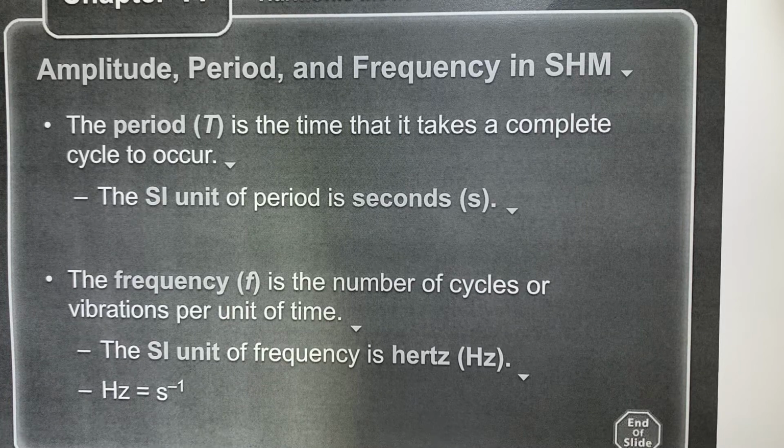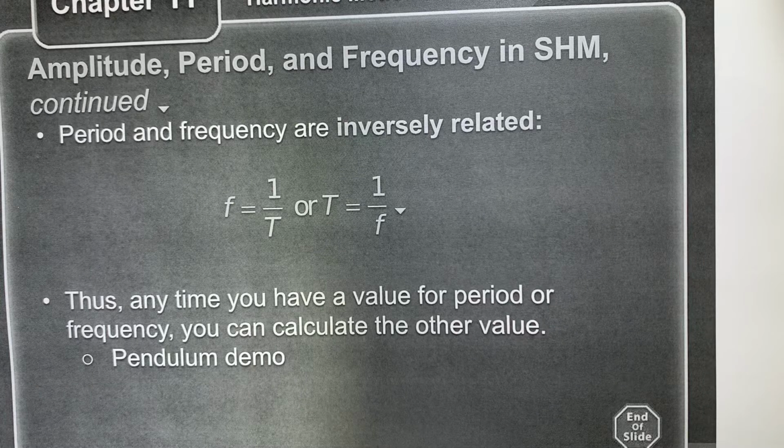Frequency is the number of cycles or vibrations per unit of time. How many full periods can be done in a given amount of time? We report this in hertz, okay? Hertz can also be labeled as s to the minus 1, and we'll see why that can be done in just a short second. The reason why we can list it as s to the minus 1 for hertz, meaning per second,